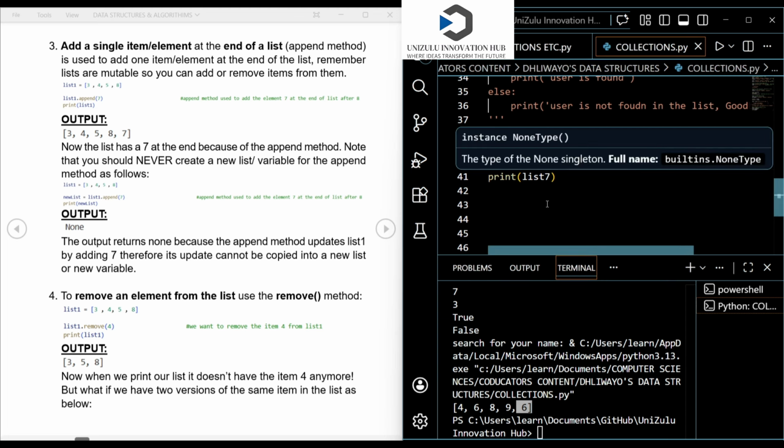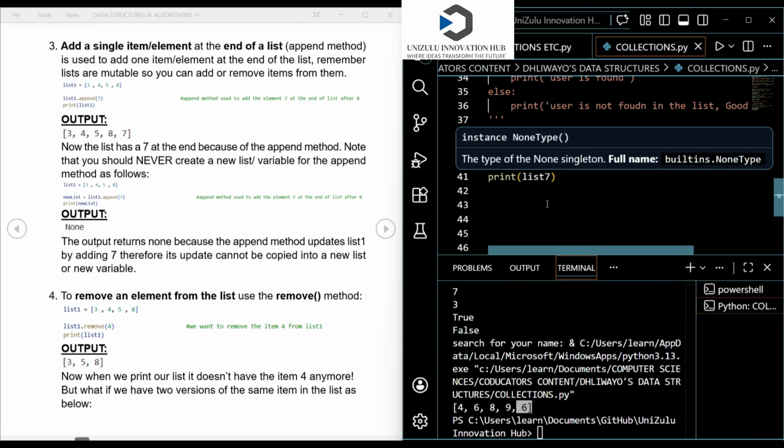Let me just run it in a new terminal. Sorry. All right, what's this thing doing? Okay, I didn't print anything. Sorry, I didn't print anything. All right, I just appended. It means that to this list, after printing list 7, I added 23. But because I didn't print the new list, I don't get anything.